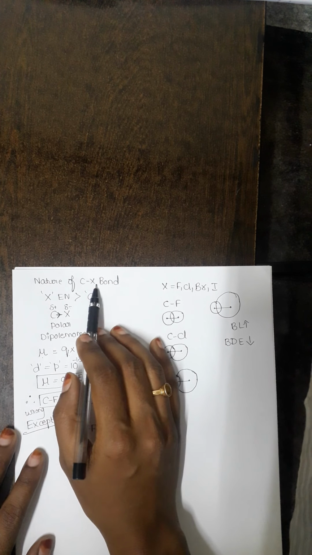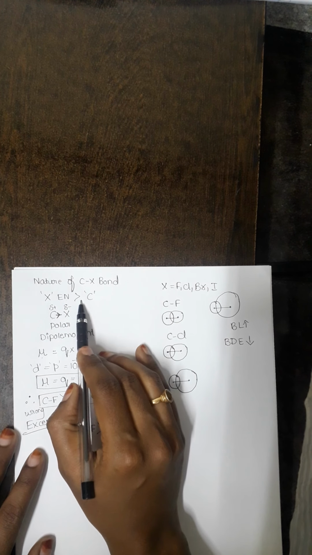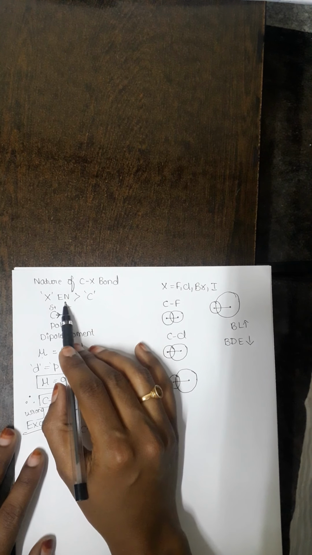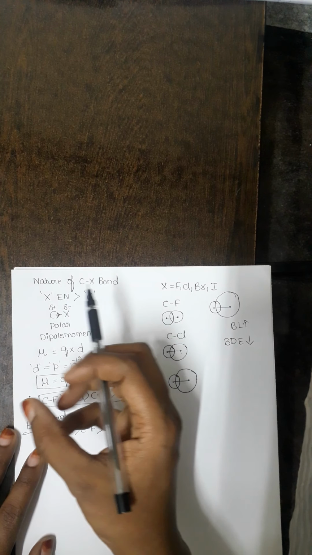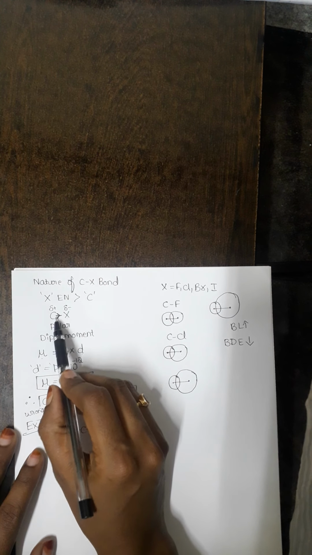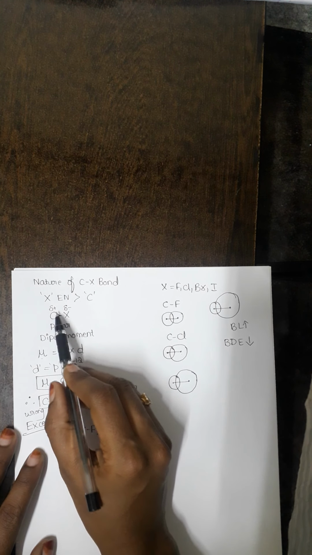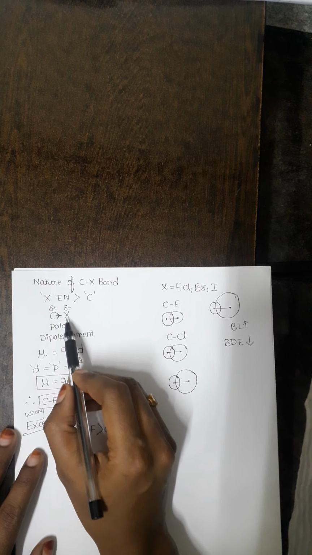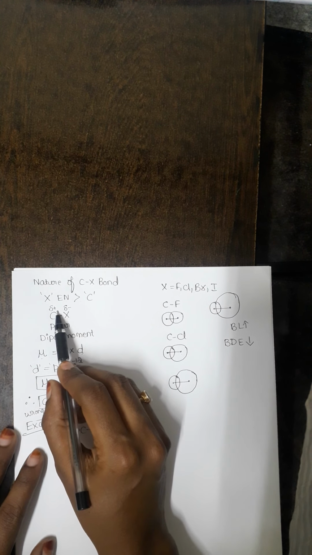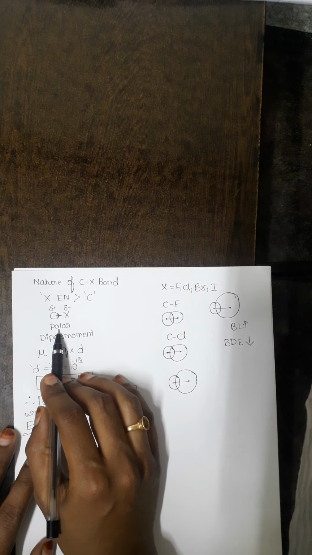We know that if I compare the electronegativity of these two atoms, halogen is highly electronegative when compared to that of the carbon atom. We can define electronegativity as the tendency to attract the shared pair of electrons towards itself. So the halogen will attract the shared pair of electrons towards itself, as a result of which there will be a development of polarity. The halogen will become partially negative, whereas carbon will have a partial positive charge. And if a molecule has a polarity, then we call such molecules polar molecules.